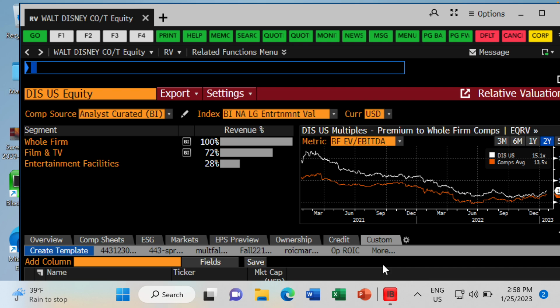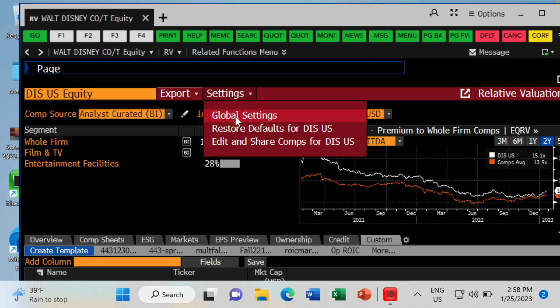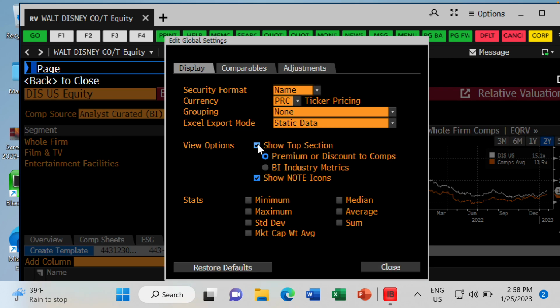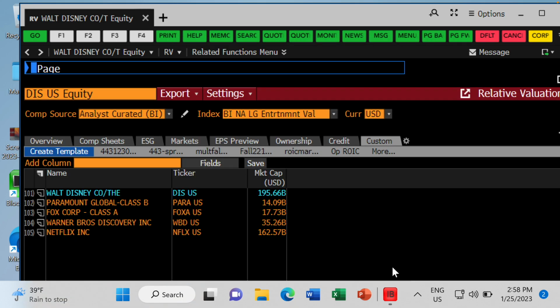It just gets in the way. So your data of all the companies is actually at the bottom of the screen. So to get rid of this really ugly bar that just takes up a bunch of real estate, click on Settings, go to Global Settings, uncheck Show Top Section, close, the bar is gone. Okay?